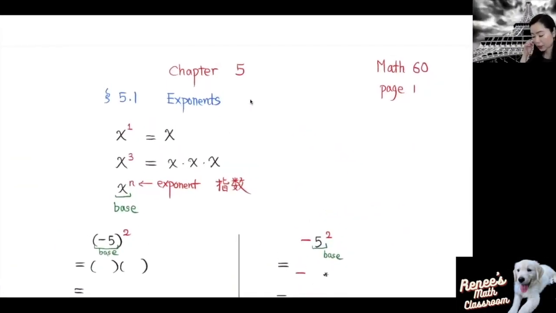Okay, so chapter 5, this is for exponent. So x to the first power is usually when the exponent here is 1, okay? When the power over here is the first power, we omit the 1, we just put x over here. Now, x to the third power here, that means x multiplied by itself 3 times. So this number up here is called the exponent, and that indicates how many times this base over here is multiplied